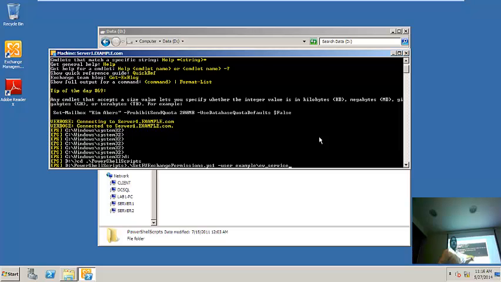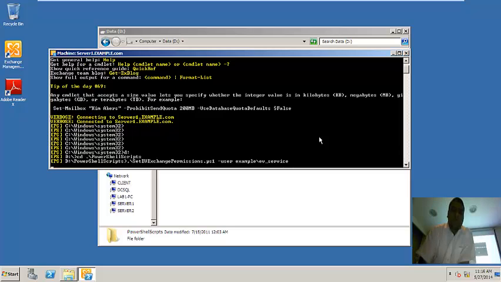Okay, I'm going to run it now. What is the exact script? Use script name, space, hyphen user, space, domain name backslash username. Once you run the script, it will ask you for your schema admin account details. Yes, the AD schema admin.